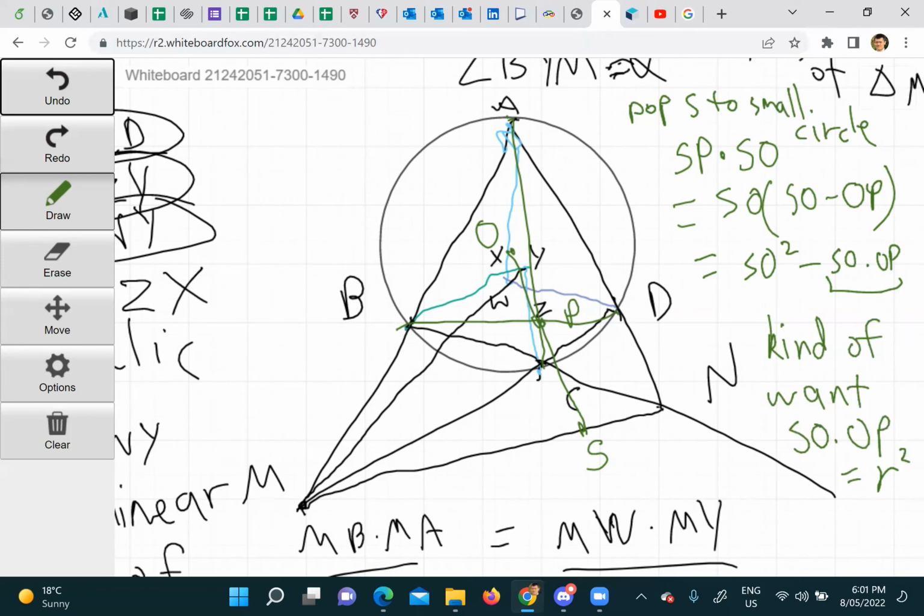So we need to invert about the circle. We want this, and how do we get this? There's a step. I'm a bit confused. Basically, when this is on the circle, you need the power of a point to be like...